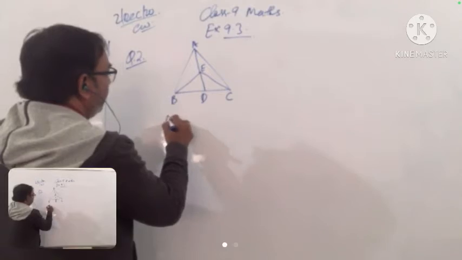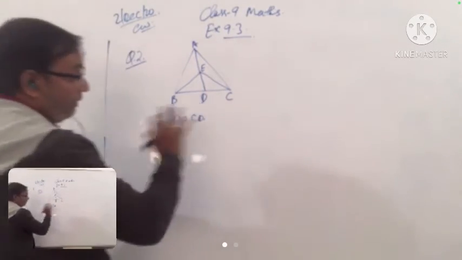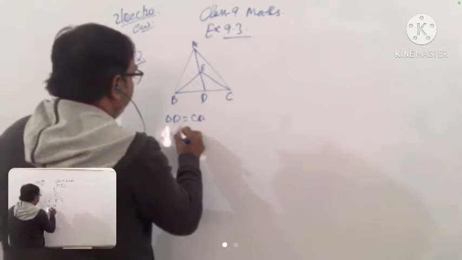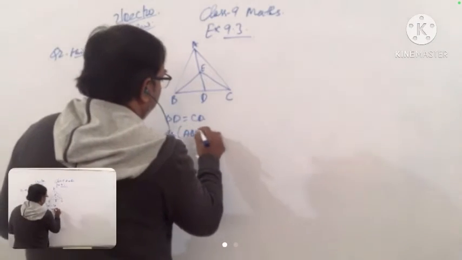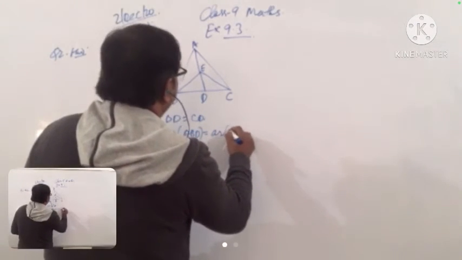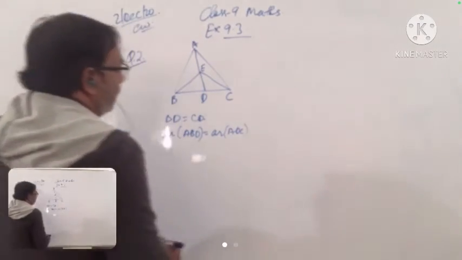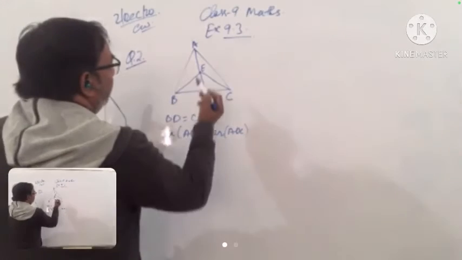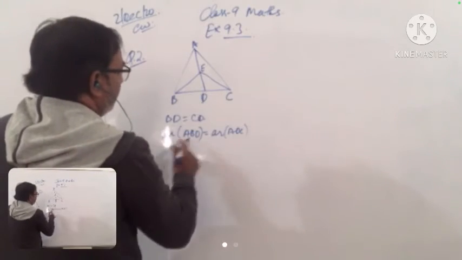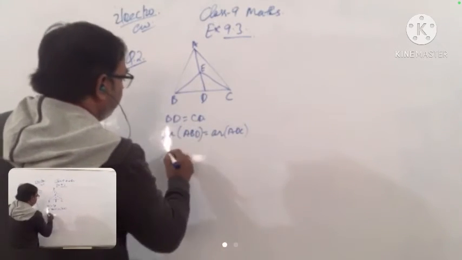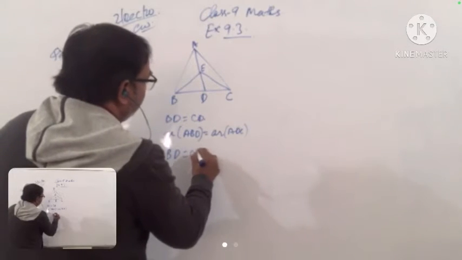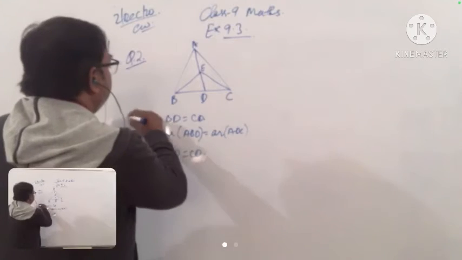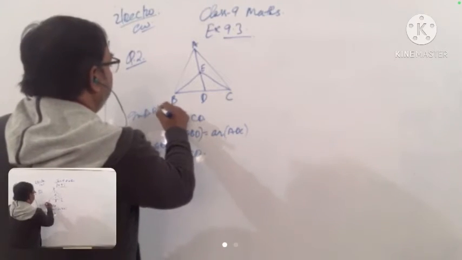In this we will write BD is equal to CD. Now we have to create our steps. BD is equal to CD. So area of ABD is equal to area of ADC. Okay. Now E is the midpoint. No sorry, this is written, after that we will write again BD is equal to CD. So this is in triangle EBC and this is in triangle ABC.